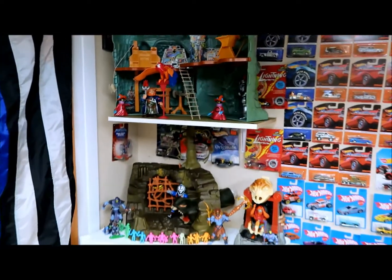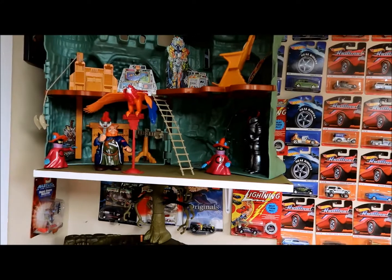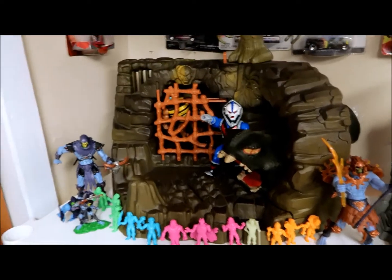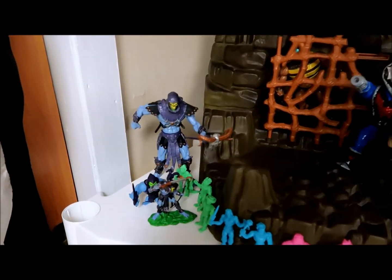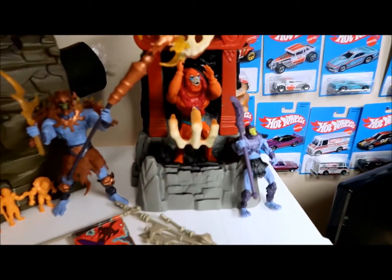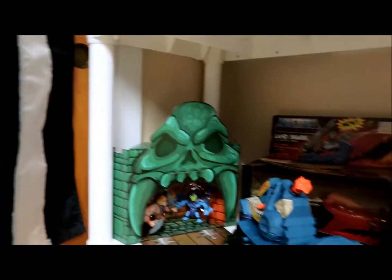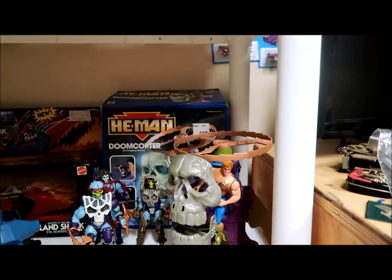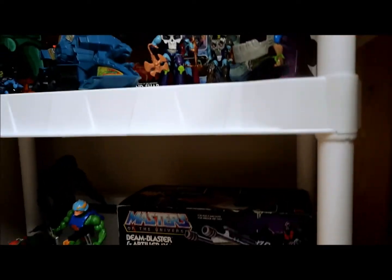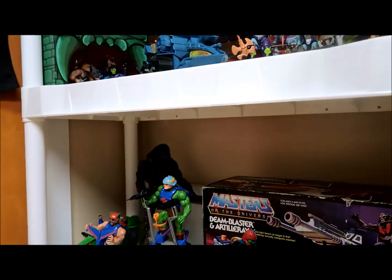Like a Grayskull with a couple of guys hanging around. Complete, of course. It's a mix of two different entries. Grayskull is complete. And then we have the Muscle guys over here. Then we have some 2000X stuff over there on the corner, and more 2000X stuff over here. Some vehicles, some mini guys on the corner, some New Adventures of He-Man, a Doomcopter and a couple of Skeletors. Over there, a Beam Blaster complete with a box, and some other vehicle with the guys, and a Giant